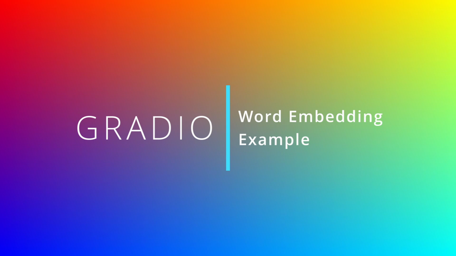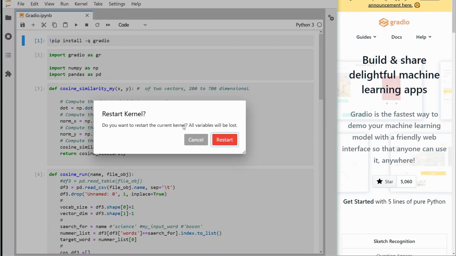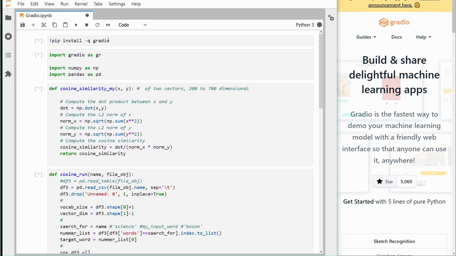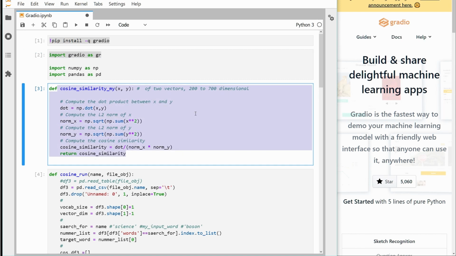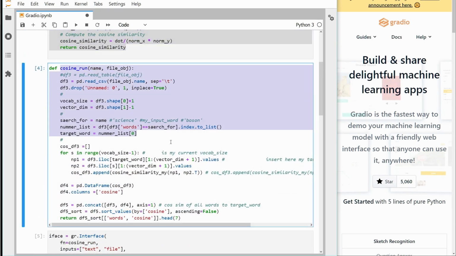I open my JupyterLab and I have here simply my Python kernel and I say, hey, run all cells. And what it does, in the first line we have pip install Gradio, then import Gradio as gr. Then I have a function which defines my cosine similarity for my 128-dimensional word vectors. And then I just have my cosine run function defined, where I calculate the cosine similarity of more than 100,000 words in